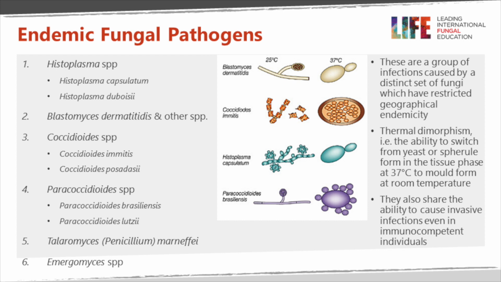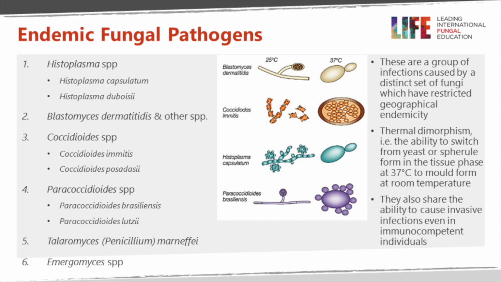These include Histoplasma, and there are two species, Histoplasma capsulatum, variety capsulatum, and Histoplasma capsulatum, variety duboisii. Blastomyces dermatitidis, another recently described closely related species, cause endemic mycoses. There are two species of coccidioides, which are indistinguishable in terms of their clinical manifestations. Paracoccidioides, which is restricted to certain parts of South America, is caused by a pair of species, Paracoccidioides brasiliensis and